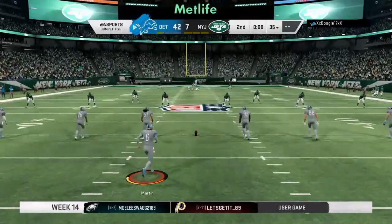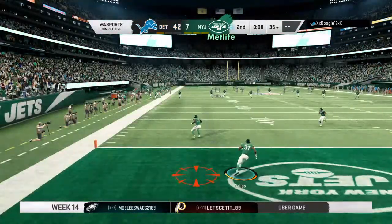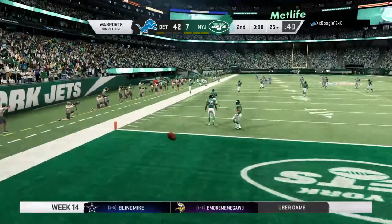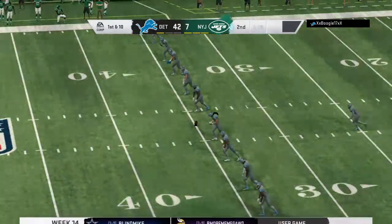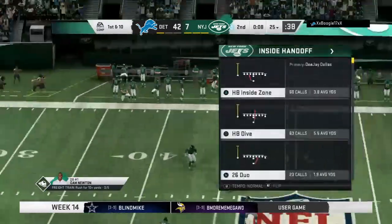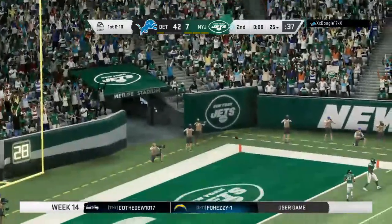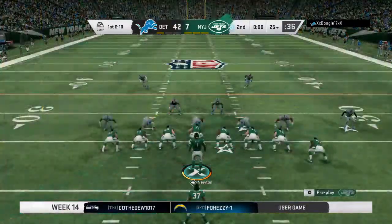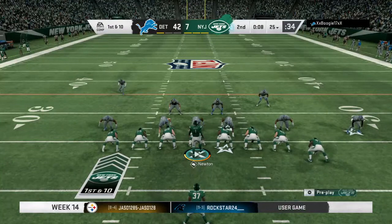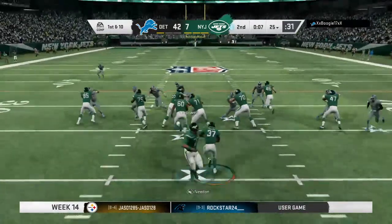Here's Martin now following the score as he'll send this one away. The Jets take over first and 10 at their own 25-yard line. The New York offense taking over for their next possession. Time here for likely one play, then off to the locker room, and they're going to have some adjustments to